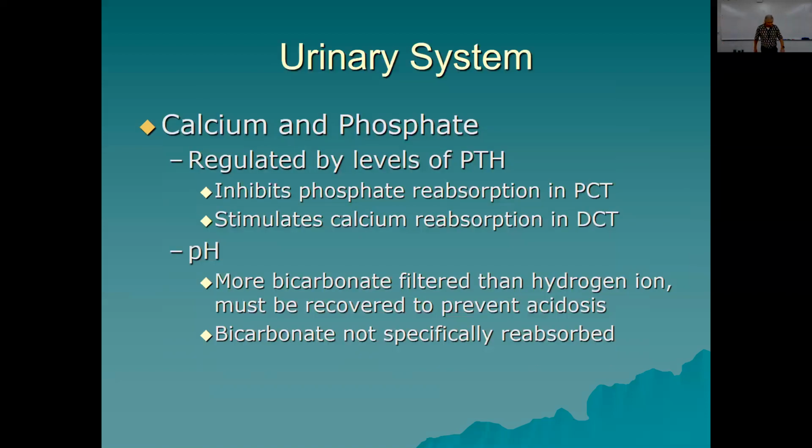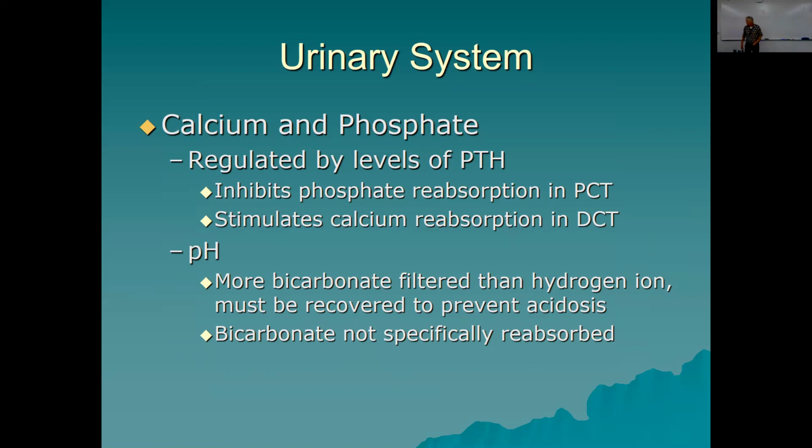In pH, what we're concerned about are two other ions. This starts on page 982: bicarbonate ions and hydrogen ions. Now we're looking at different ions for pH. If your blood is too acidic, you'll be secreting hydrogen ions, saving bicarbonate. If your blood is too alkaline, you'll be absorbing hydrogen ions and secreting bicarbonate ions.